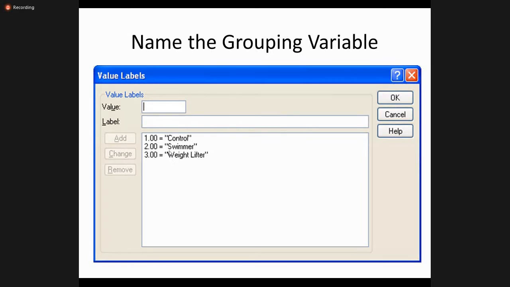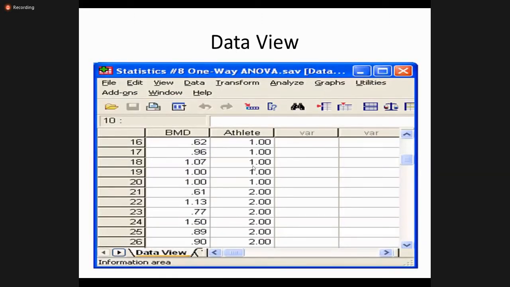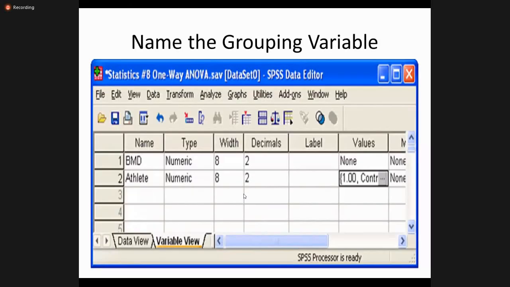So you label and categorize these groups: control, swimmer, and weightlifter. See, this is one for control, and you can see their BMD level. Two is for the swimmers, and below is three, which is for the weightlifter. So you want to see the difference in bone mineral density across the different types of athletes.